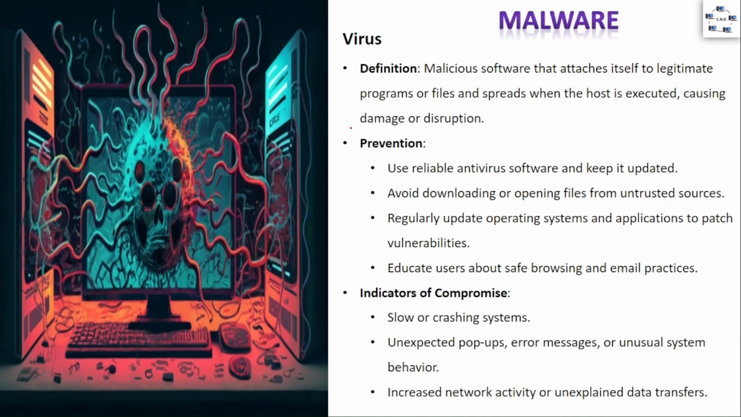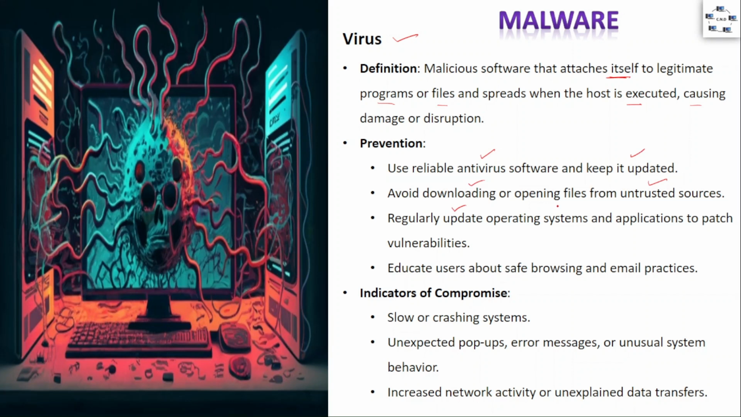The next malware type is virus. So virus is a malicious software that attaches itself to legitimate programs or files and spreads when the host is executed, causing damage or disruption. Prevention include using reliable antivirus software and keeping it updated, avoiding downloading or opening files from untrusted sources,